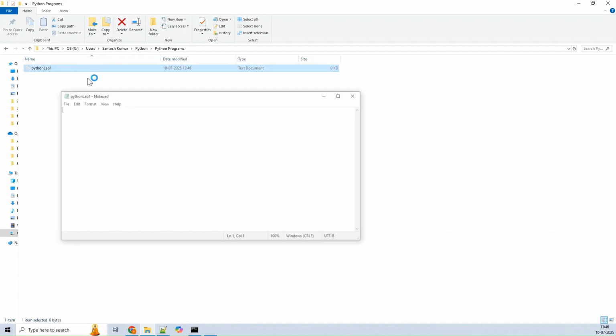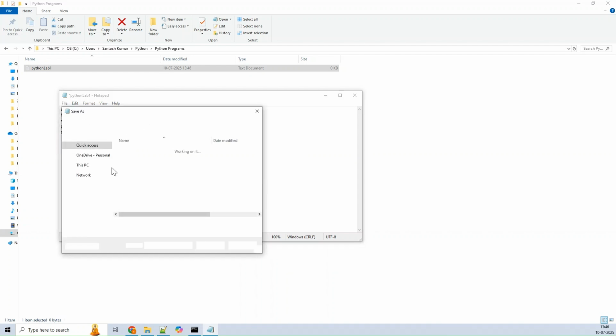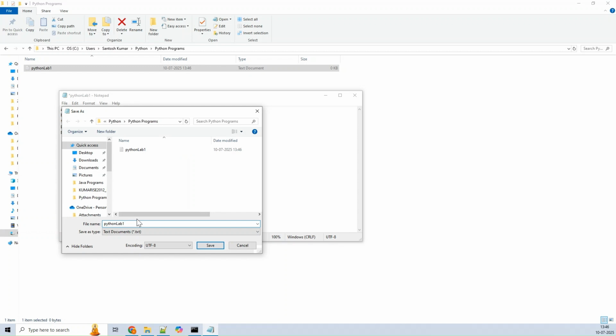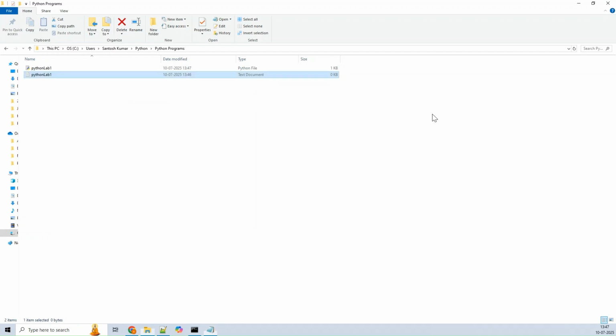Okay, and in this file I'm going to write some programs. I'm going to take two integer numbers, add them, and print the value, plus one additional print statement. So I will save it as python lab 1.py, and here I will select all files and save.